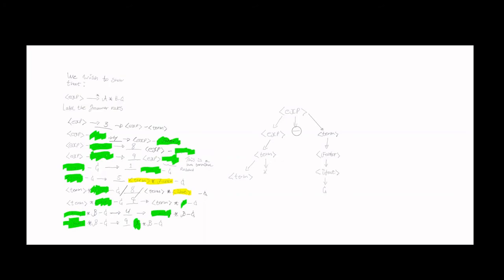Here we have term times factor, and factor of course goes to ident. Ident goes to b, and this term goes to a factor, which goes to an ident, which goes to a. Then